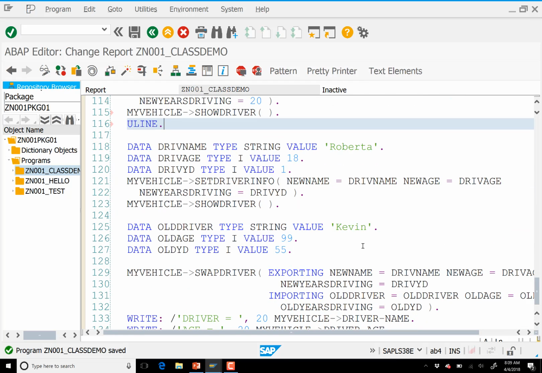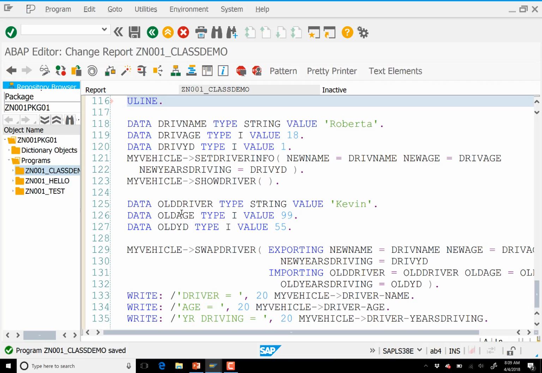So then the last thing that I wanted to do here was swap in a new driver, that being Kevin. And so you'll notice I set the old driver information here. I created new data objects. I could have reused the ones on lines 118 through 120, but I elected to create some new ones here. And the swap driver method is the most complex one that we have created to this point in this code, where what we are doing here is we are sending to the method Kevin's name, and we are getting back from the,